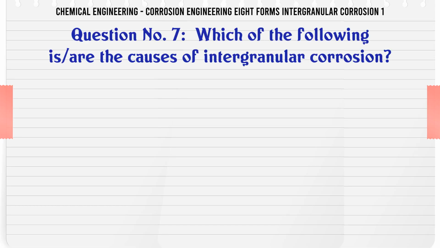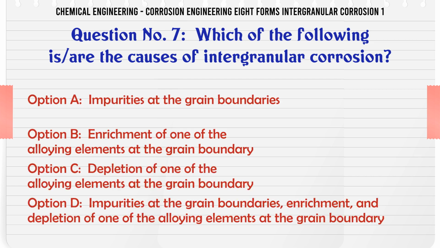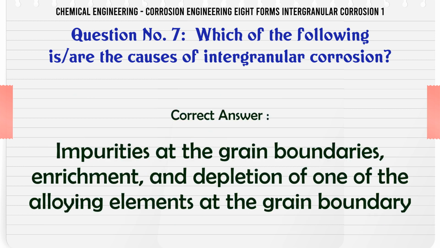Which of the following are the causes of intergranular corrosion? A. Impurities at the grain boundaries. B. Enrichment of one of the alloying elements at the grain boundary. C. Depletion of one of the alloying elements at the grain boundary. D. Impurities at the grain boundaries, enrichment and depletion of one of the alloying elements at the grain boundary. The correct answer is